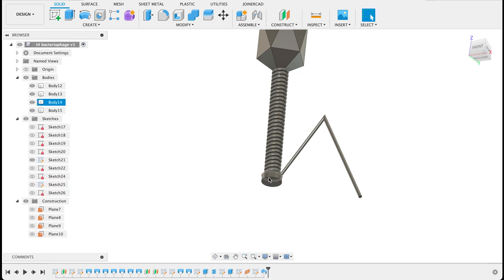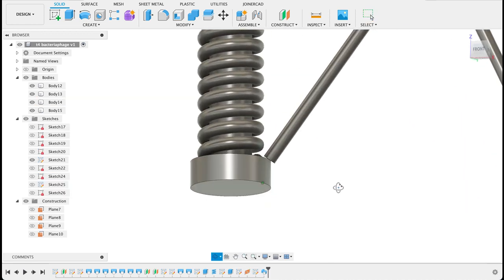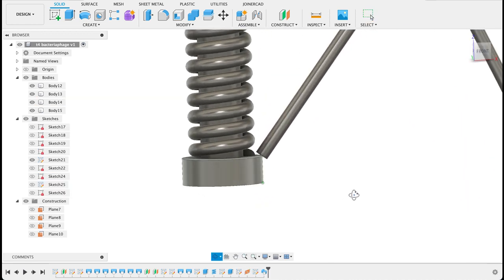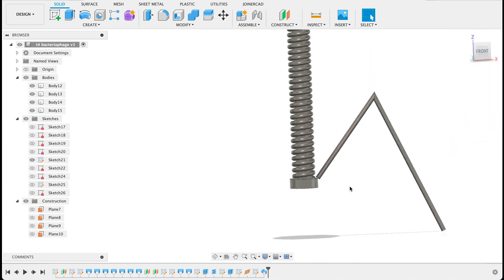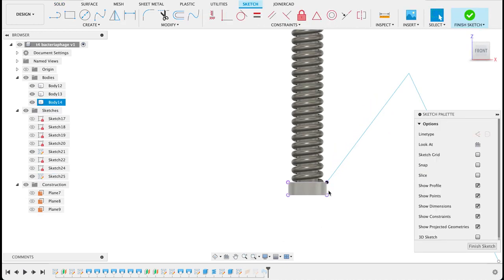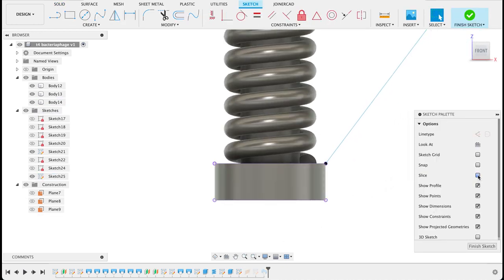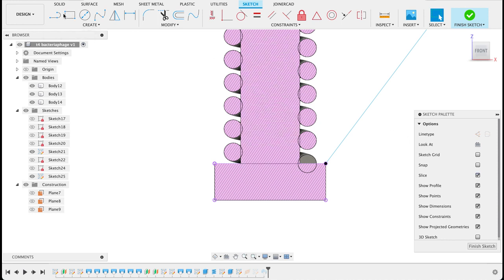Okay, so we selected that path. Now the problem is it doesn't intersect. It stops at the edge there, and we want it to be going into it. So what I can do is if I go back to this sketch where we actually drew the path and zoom in here, let me slice it again. I'll select the line tool from this point just into the body there. Doesn't really matter, doesn't have to go too far,